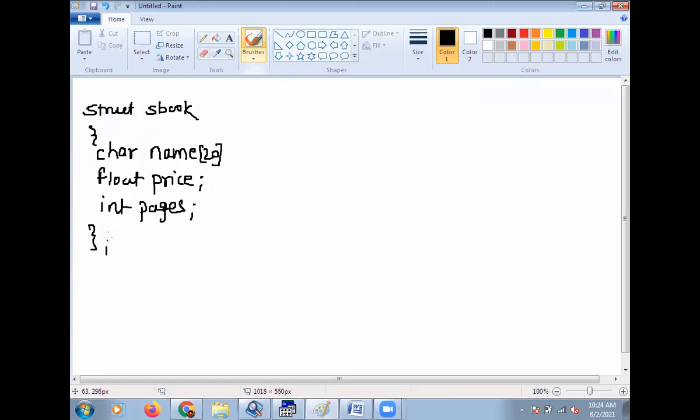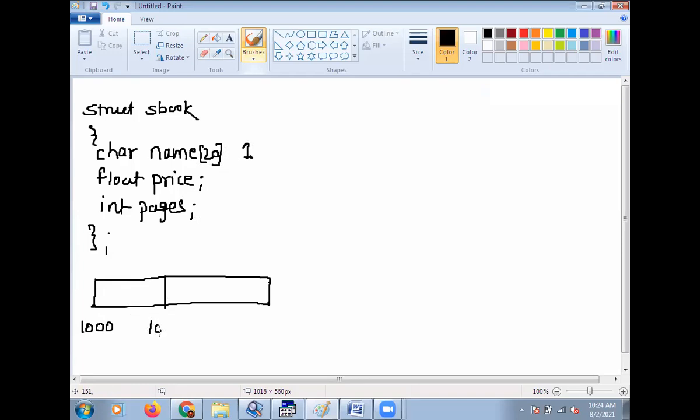Here we declare the structure, and memory allocation suppose starts from 1000. First is character. Character has 1 byte for each character. Here 20 characters are required, so 20 bytes are allocated.